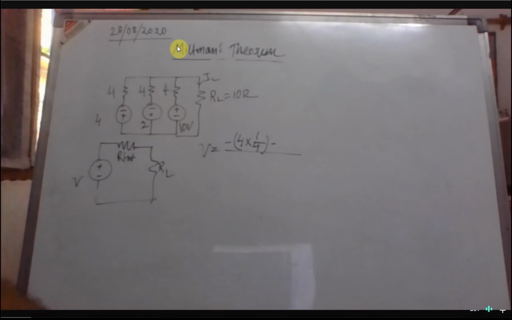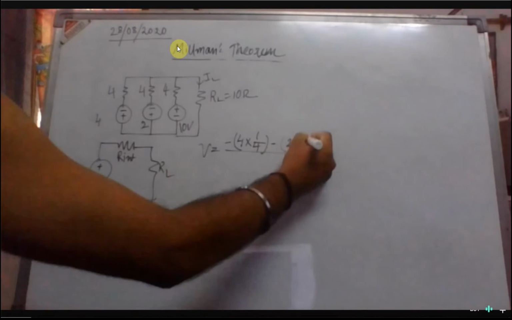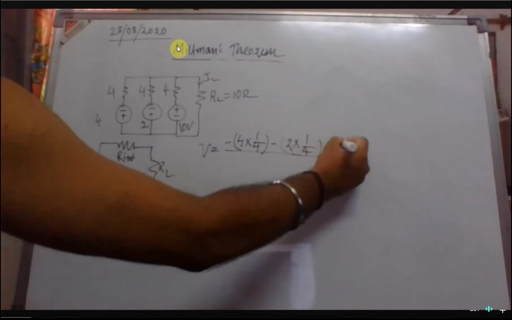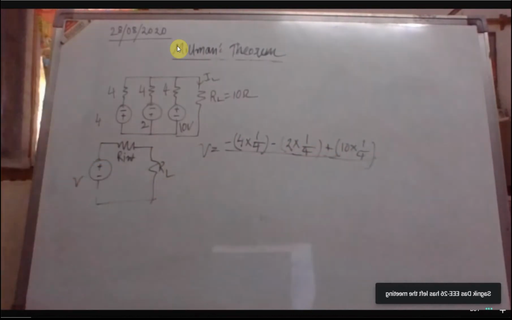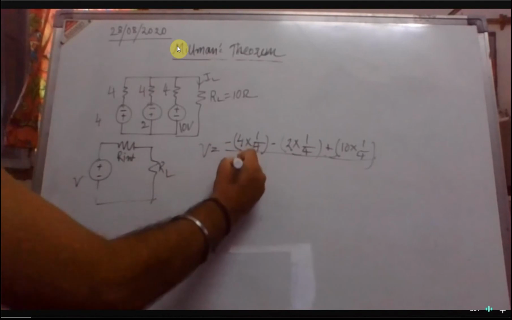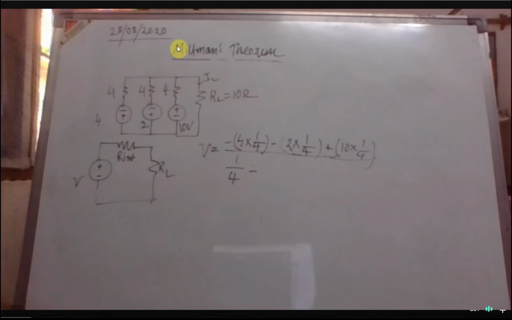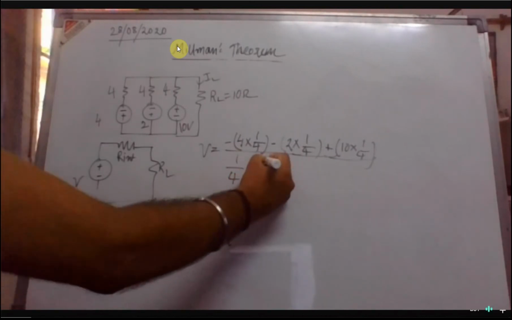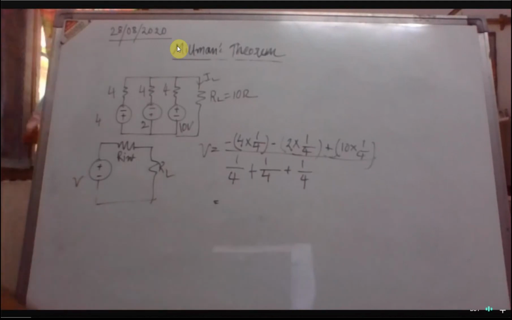That's why in the formula I have written plus minus, because you will see in this equation 1 by 4, and the last one will be plus 10 into 1 by 4. Have you got the formula? Yes, sir. And the value of the lower part will be G1 plus G2 plus G3, that is 1 by R1 plus 1 by R2 plus 1 by R3. See what value this comes to.